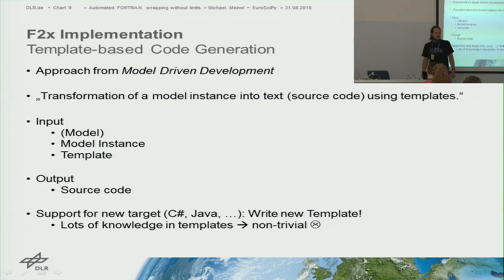So now the backend is template-based. As I already said, I use Jinja templates because they are really cool. They have nice text representation and can really not only support HTML, but any text format you want to use. The approach is taken from model-driven development, which is done in another department of my institute. And yeah, you have a model, which in my case is the AGT, the abstract generation tree, and you have templates, and both together, the model instance, so the AGT, and the template are input, and out comes the source code for the wrapper.